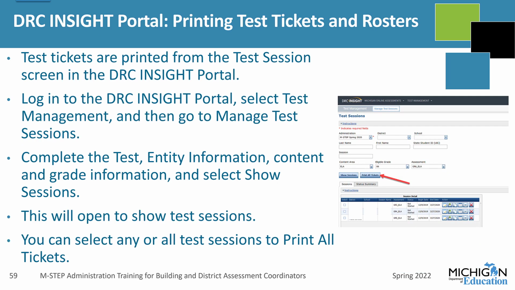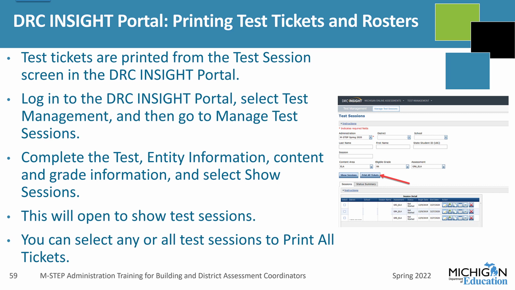Once your pre-ID is done, test sessions are set up, and you have assigned all universal tools, designated supports, and accommodations, then you can print your test tickets. A quick reminder, you have to assign universal tools, designated supports, and accommodations before test tickets are generated. If you print your test tickets and then add a support afterwards, the support won't be available when the student